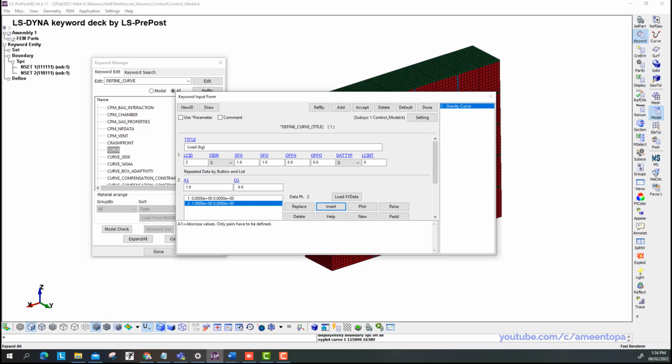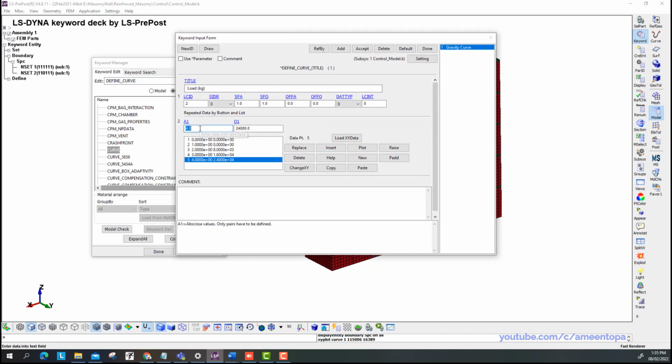Okay, so we have this one, then we can put 2 here, and then this one is 8,000, insert, and then we put 3, this is 16,000, insert, and 4 second, 24, and we just keep doing this until we finish entering all our data. This is 32, insert, 32, and then